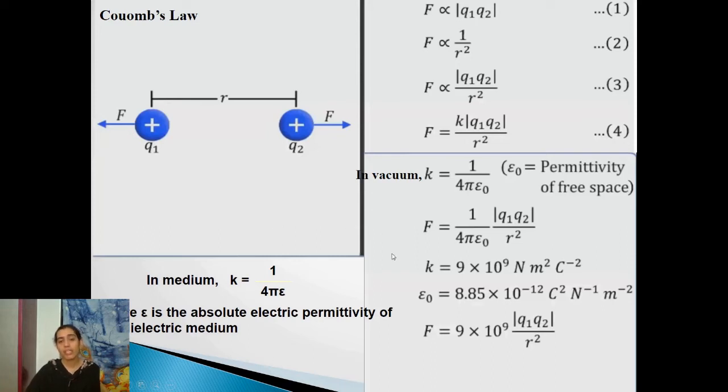So this is how we can explain mathematically the statement of Coulomb's law. One more important point you should remember is that this force constant depends on two factors. One is the type of units you are using, and the other is the type of medium where the charges are held, whether it is vacuum or any certain medium like air or glass. So basically this force constant will depend on only two factors.